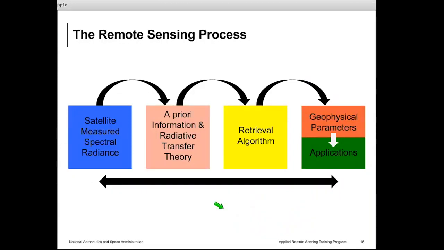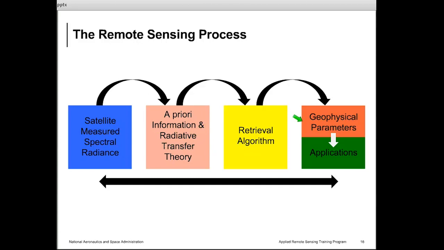So once satellites make measurements of radiance in different wavelengths, which we call spectral radiance, we use a priori information and radiative transfer calculations to simulate what the satellites are supposed to measure, and then we combine these two pieces of information in something we call a retrieval algorithm. And these algorithms are mostly inversion algorithms, where we try to match satellite measured radiance with a priori or theoretically